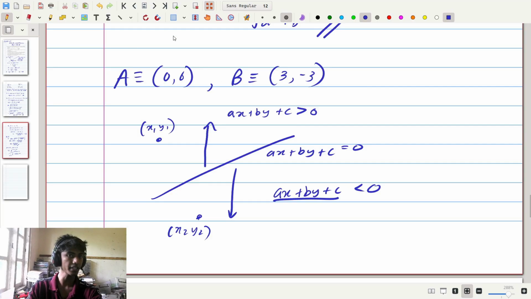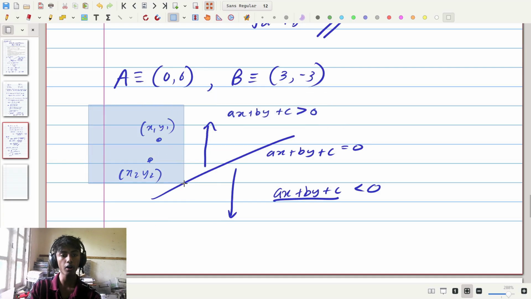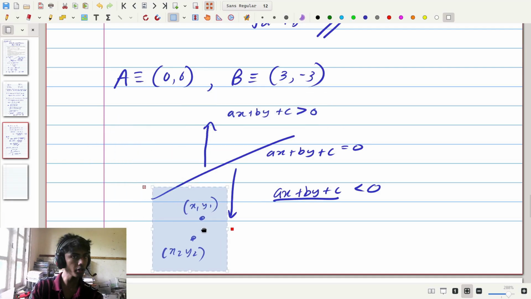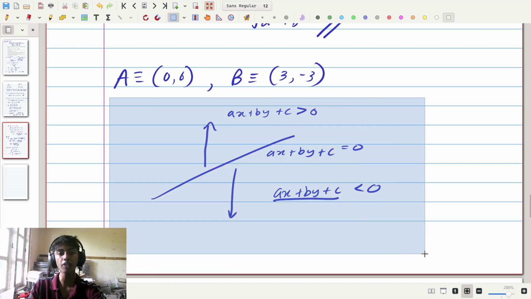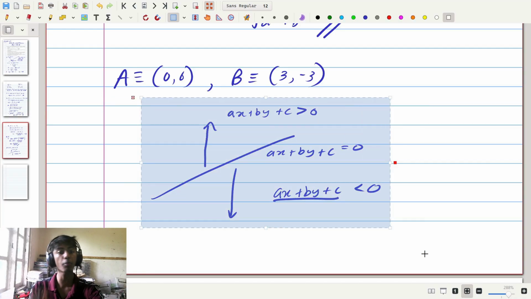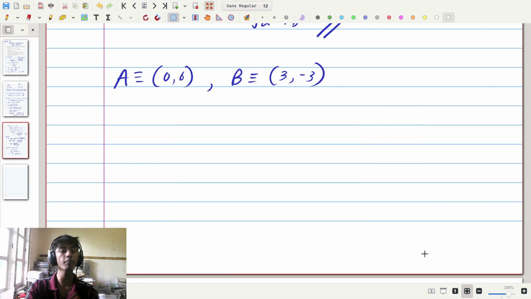Now conversely, if both points are on the same side of the line, they are either going to be both positive or they're both going to be negative. And according to that, their product will be positive. So therefore, if we substitute into ax plus by plus c for both points, and then we consider whether both of them multiplied together is positive or negative, we'll be able to say whether A and B are on the same side or opposite sides of the line. Now considering that, if we do substituting